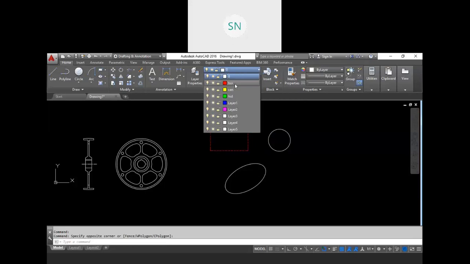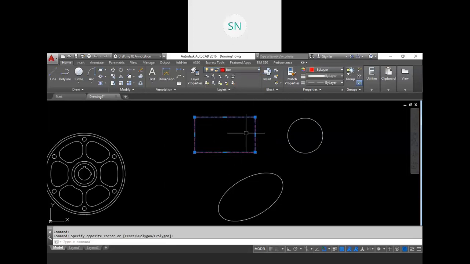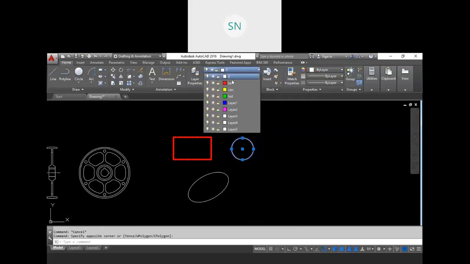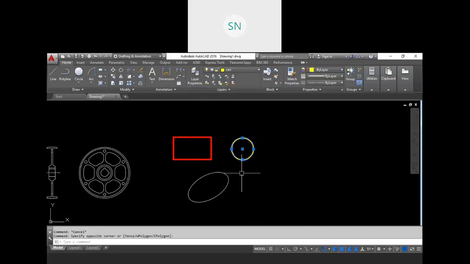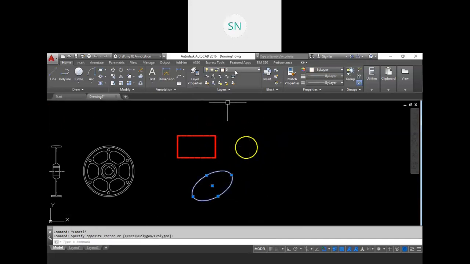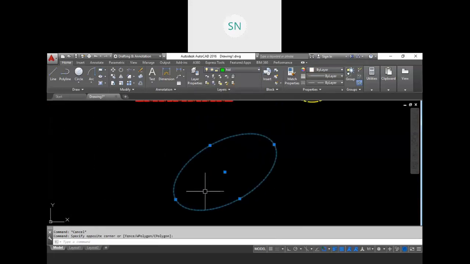This is my border layer. See, turn on the transparency and line width, so you will get that effect. For example, I want to select this one and assign a center layer. So we have a center line type on that layer. Select this and I want to assign the hidden layer.